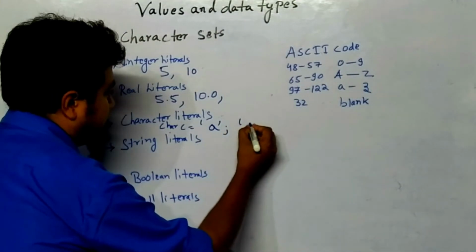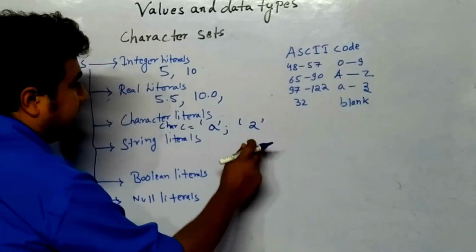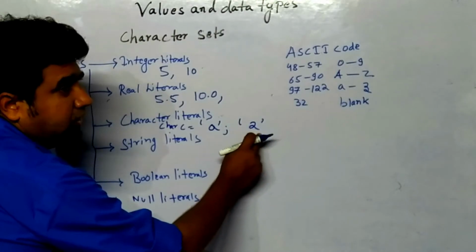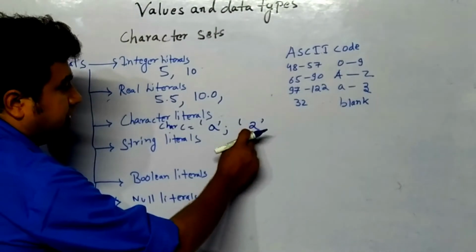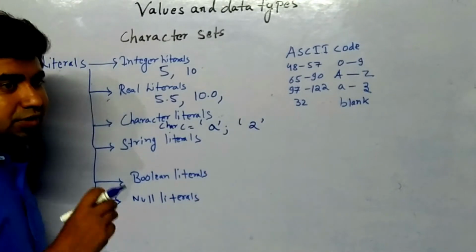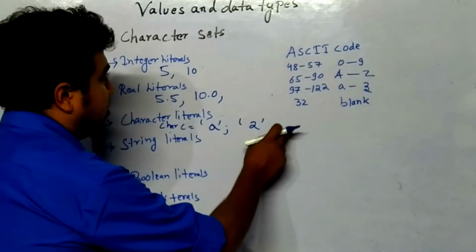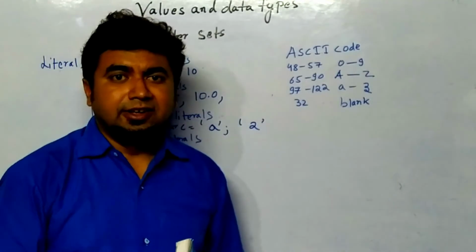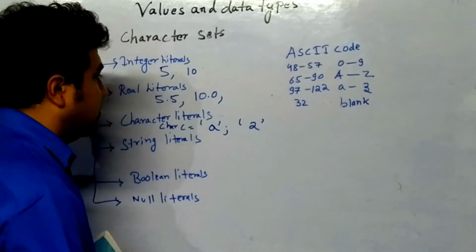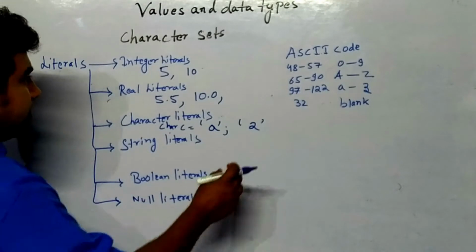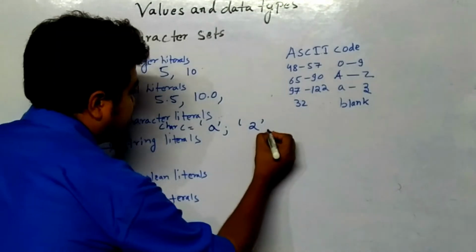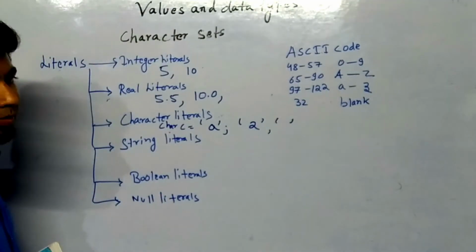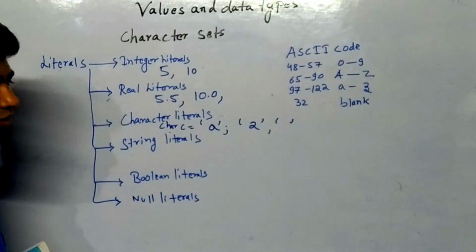Or you can see about this also. Now you will see quotes and there is a number written. Now this is not a number, this is a character. You have to understand the difference. This is not a number, this is a character because it is written inside quotes. And now its ASCII value will be the ASCII value of 2, because 0 ASCII value is 48, 49 will be 1 and 50 will be 2. So the ASCII value of 2 will be 50. Or you can say space is also a character, if you are writing nothing in between these quotes. So you can say that the blank character ASCII value is 32. That is known as blank.